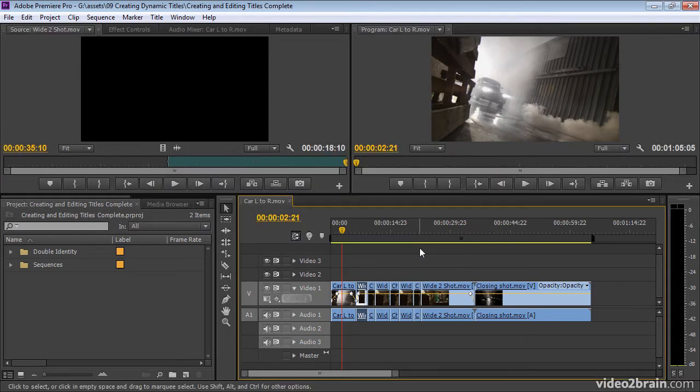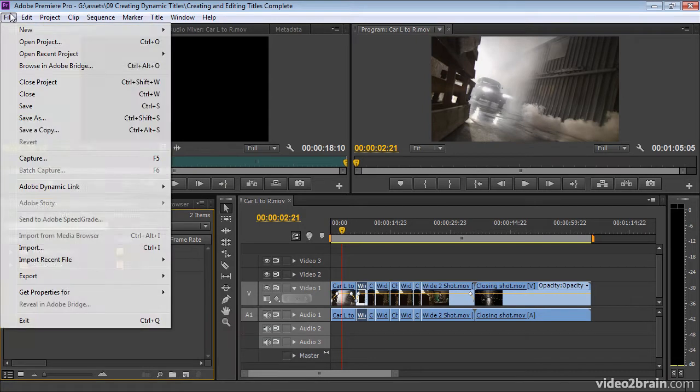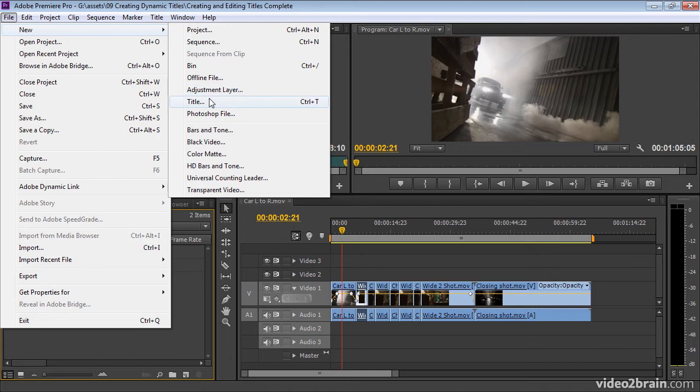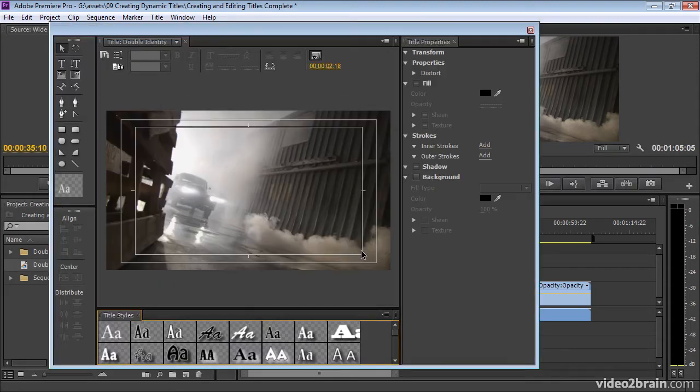Now, before I go in, of course, I can do this by clicking on the New Item button in the Project panel and choosing Title, or I can go to the File menu and choose New and choose Title there. You'll notice I can also automatically create a Photoshop file that has the right dimensions for my sequence. So anyway, I'm going to press Control-T, Command-T. I'm going to call this the text that's going to be in it. This is a film called Double Identity. You'll notice everything's all set correctly for my sequence, so I'll click OK,